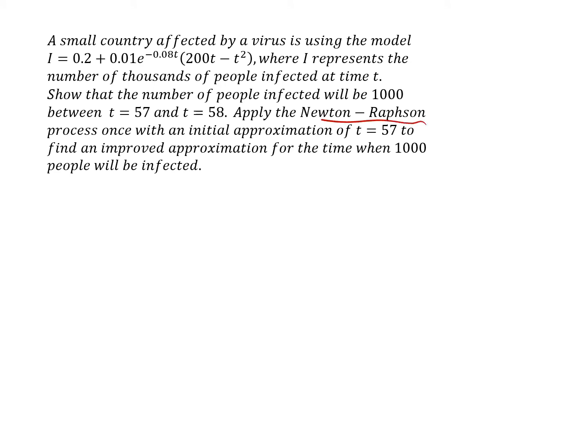So now we're applying the Newton-Raphson process once with an initial approximation of t equals 57. What we're trying to actually solve is this equation here, 0.2 plus 0.01, etc., this thing, which is I, equals 1. So we're trying to solve the equation I equals 1. But Newton-Raphson relies on us starting with a function f of x, which we're trying to make equal to 0. So we need to rearrange this to make it equal to 0